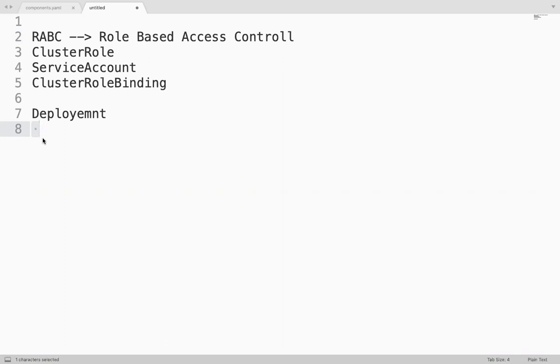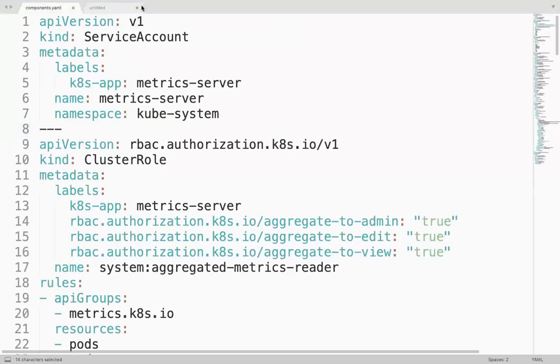So how are we giving permissions to the metric server application, that container or deployment or pod? With the help of this service account and role, so that the metric server will have access to get the pods information and nodes information.